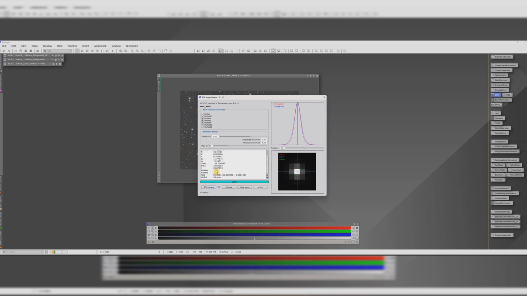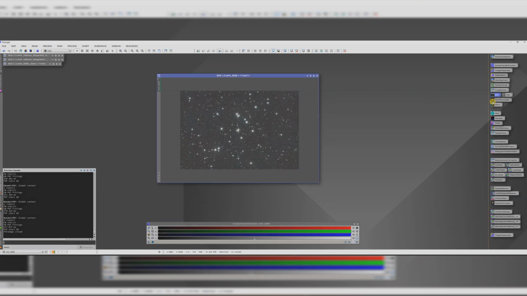Alright, there we go. We want to look at the two full width half maximum values. We want to work out what's between the two roughly, so let's say 1.4. Close enough. We need to remember that number 1.4 because when we run Blur Exterminator we need to put 1.4 in the PSF diameter there. 1.4. Now we want to sharpen our stars, and I like to